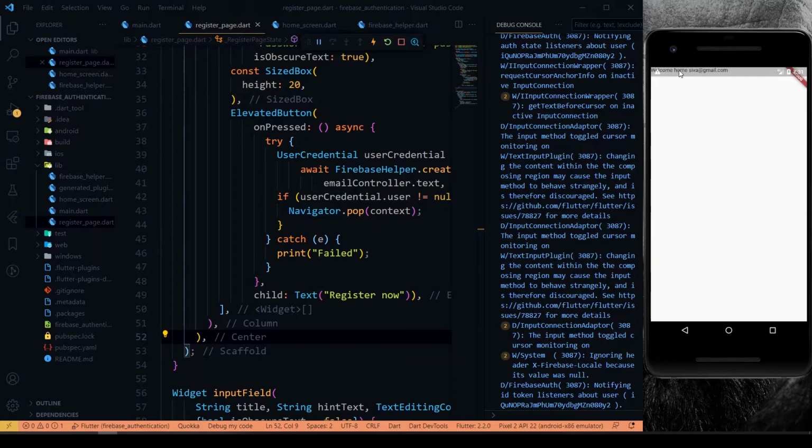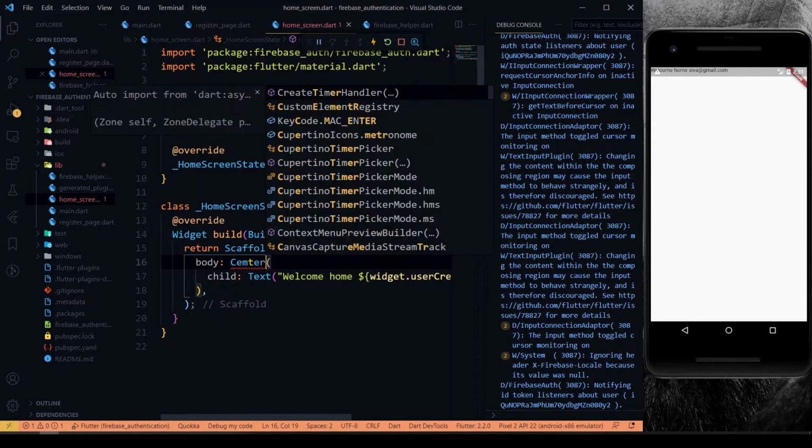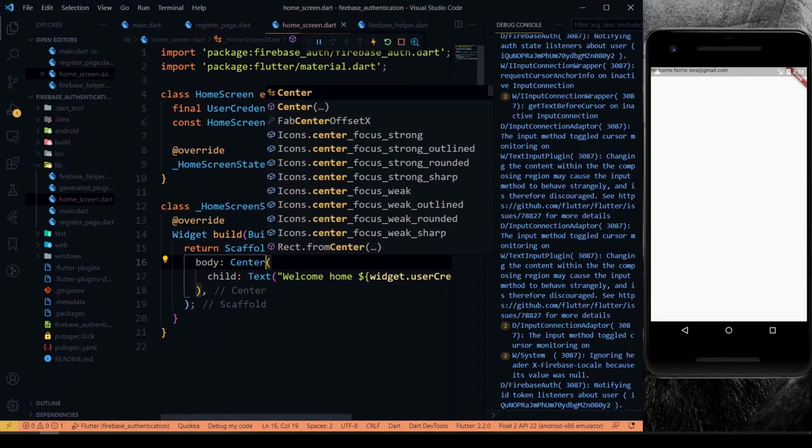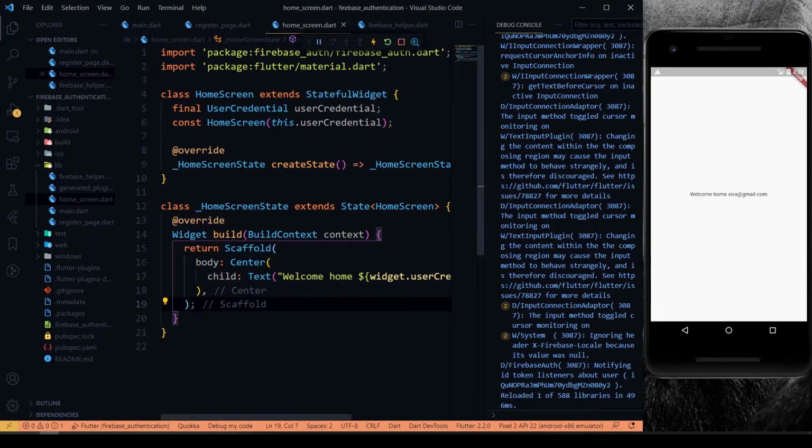That text is very small and it's at the top, so I'll just make that center. As you can see, welcome home siva@gmail.com. This is the account we have logged in with. We got the user credential and passed it to our home screen and printed it there.